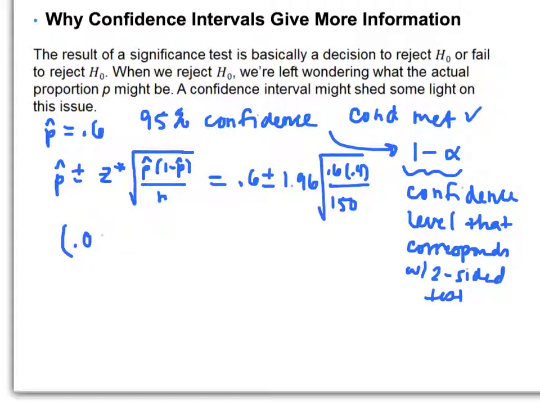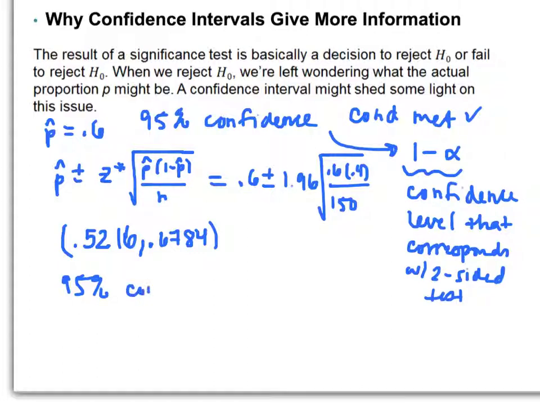You get, this would be a good time to pause, by the way, and try it yourself. Make sure you can get it. You get 0.5216, and then about 0.6784. And then you would conclude, okay,